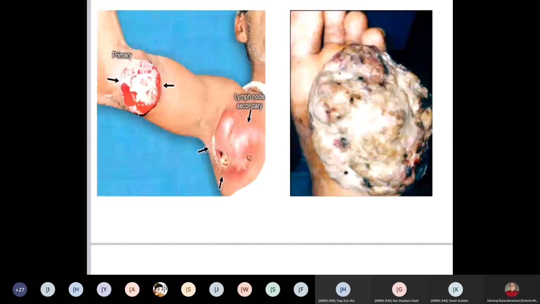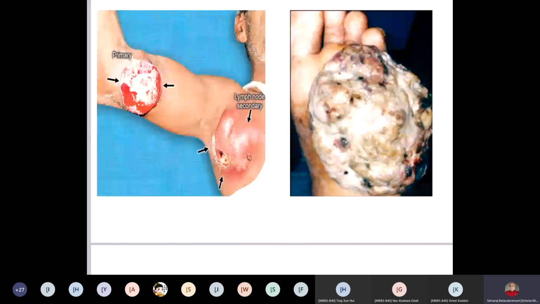You have to remove that lymph node also. Otherwise, there is no point in removing just the primary because it has already spread to the axillary lymph node. So what will you do? You have to do a surgery called radical axillary lymphadenectomy. Whenever you are doing cancer surgery, you have to add the word radical. Okay, this you have to remember, radical hemicolectomy for carcinoma of the colon. So here it is radical axillary lymphadenectomy.